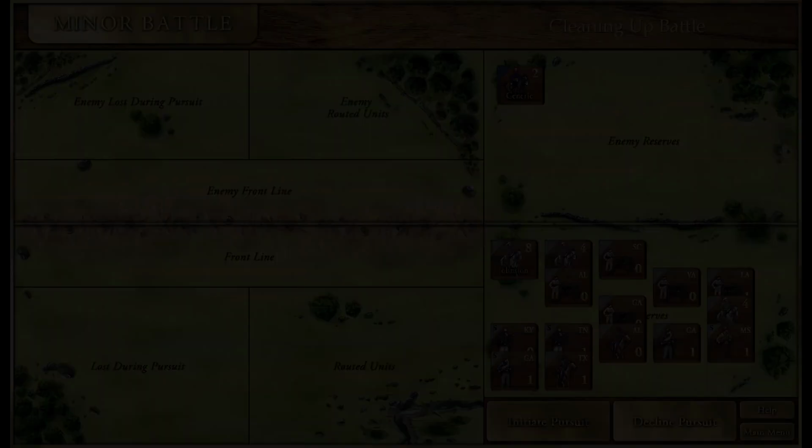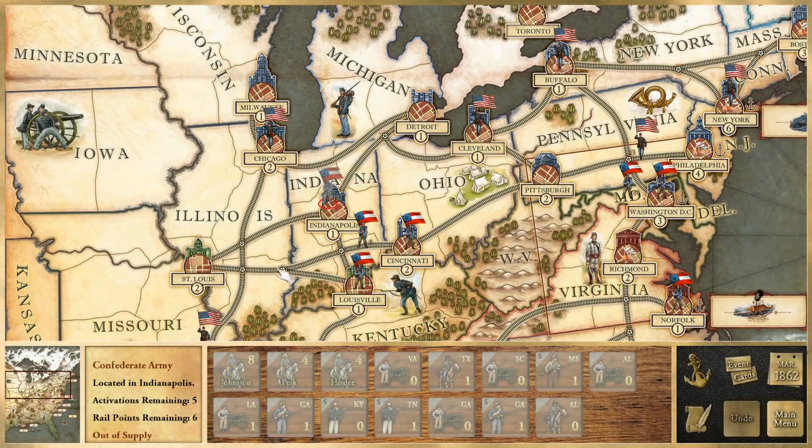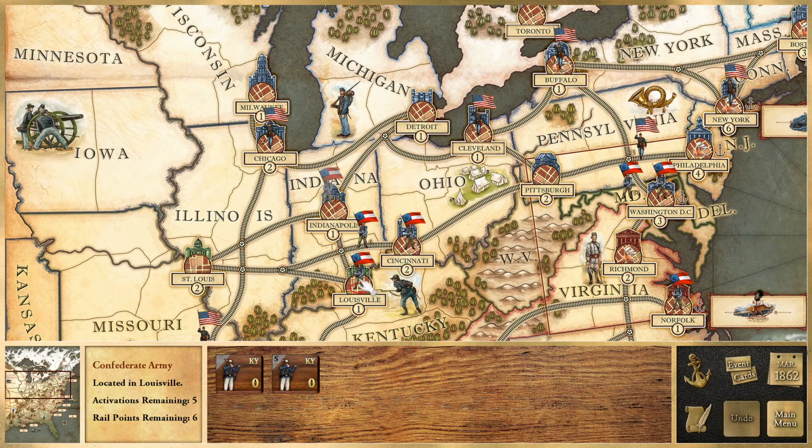Fantastic. That's some measure of revenge for what happened at St. Louis, because that was really ugly. Okay, so the problem here, I think, is that I will be isolated if I don't have any units on all of these rail lines. So what I'll do is,